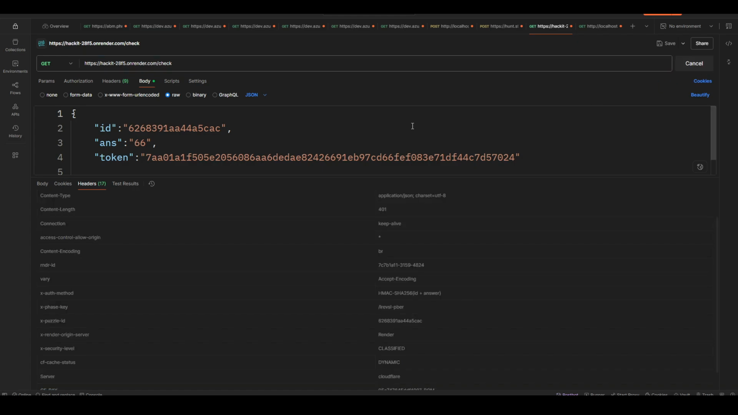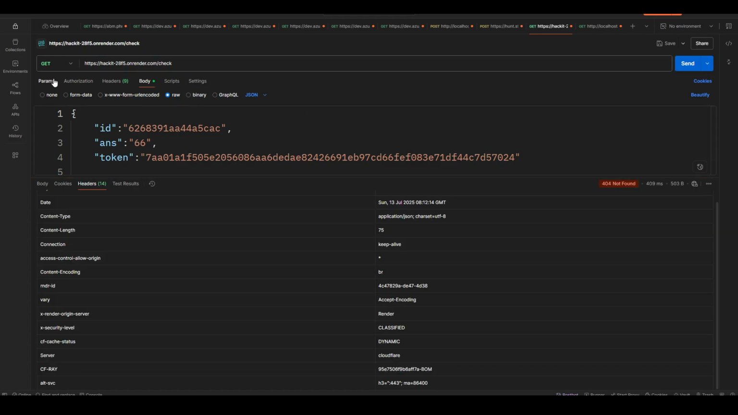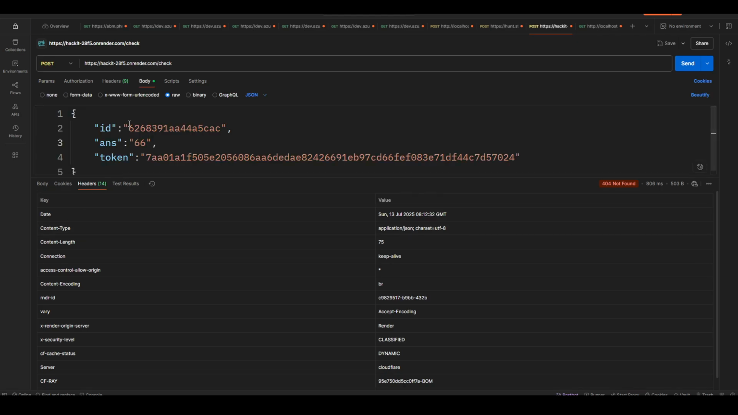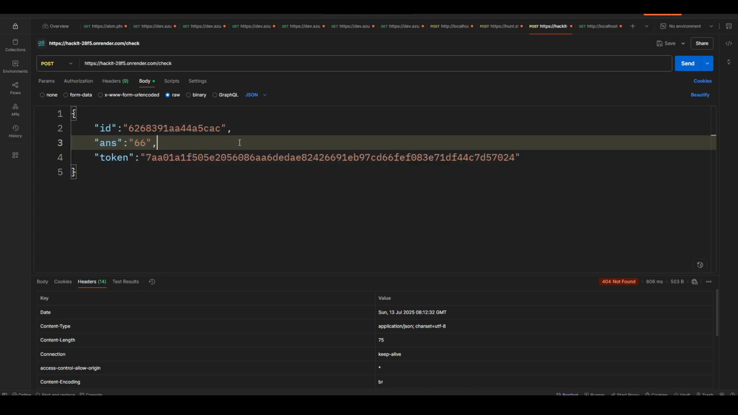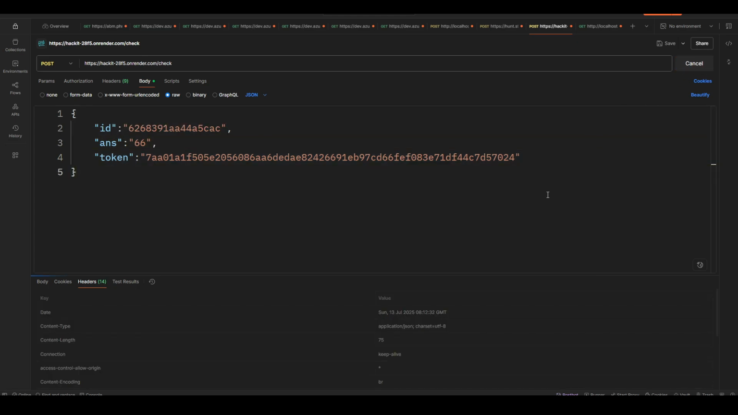And if you send it, okay, so you need to use the POST method here, the endpoint is check, and this is the thing that you need to pass. Now if you send it,